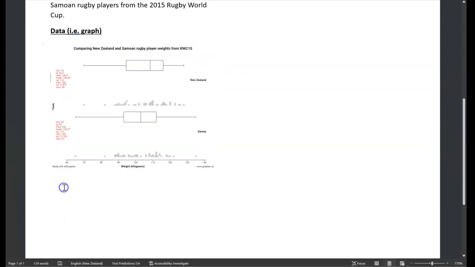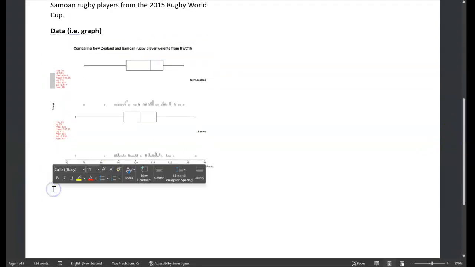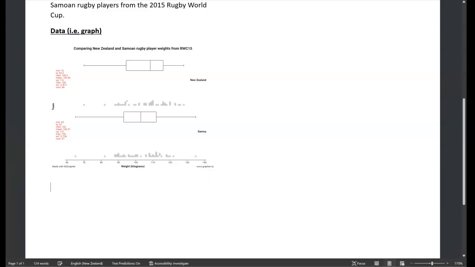Following this, the next step we need to do is analyze that graph. We need to get some meaning out of it. So let's put a new heading, analysis. And in the analysis section, you need 2 comparative statements to get achieved. So you need 2 of those, but I'm going to encourage us to do 3 just in case we get